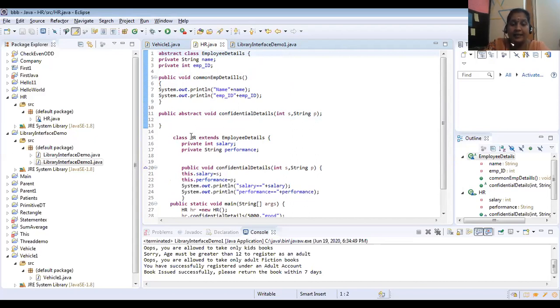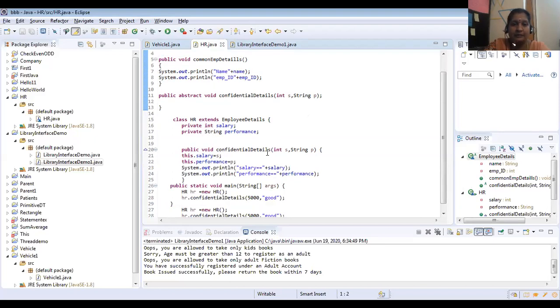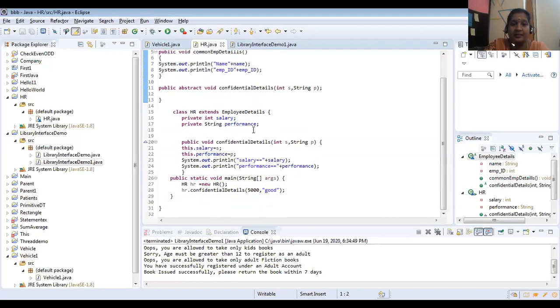So class HR, this is my main class because my main method is present in this HR class, extends EmployeeDetails. Then private int salary and private String performance. What type of variables are these? Already we have discussed: they are instance variables, declared inside the class, outside the methods.